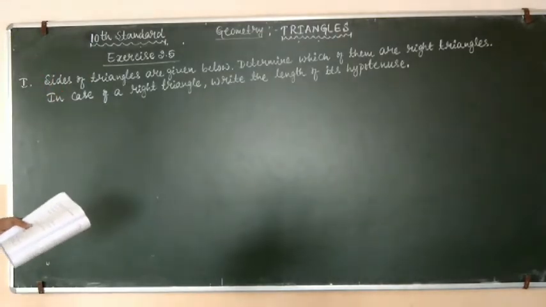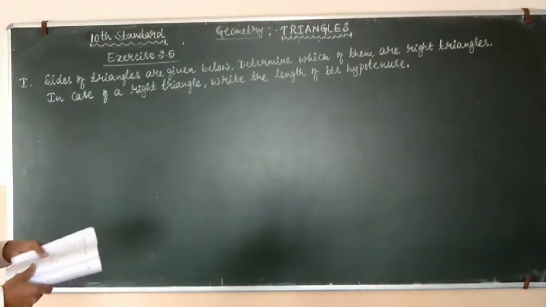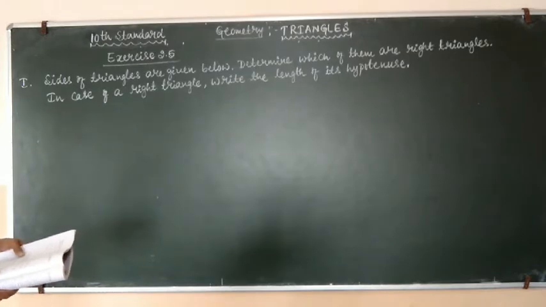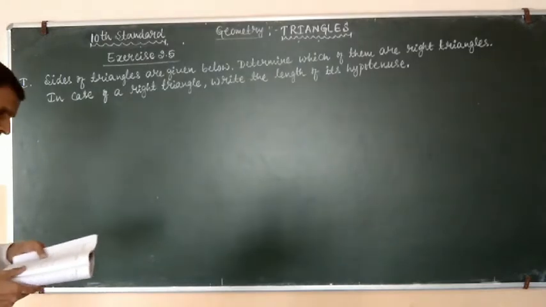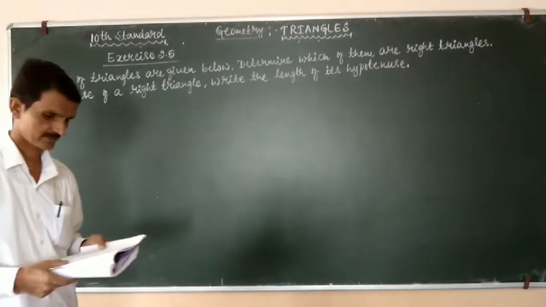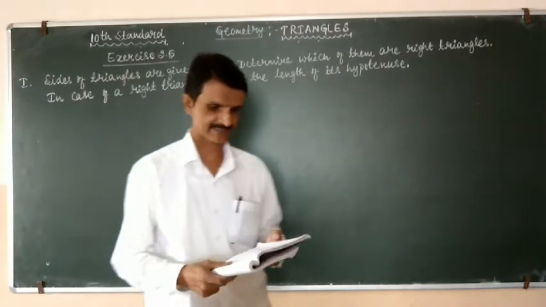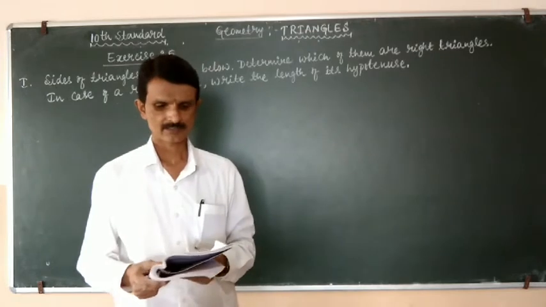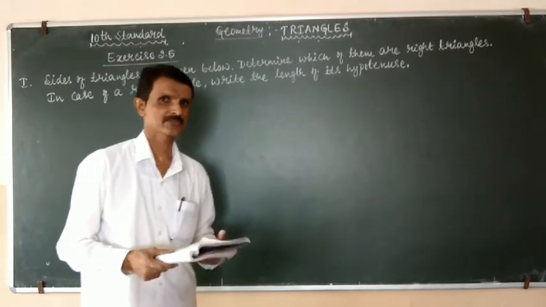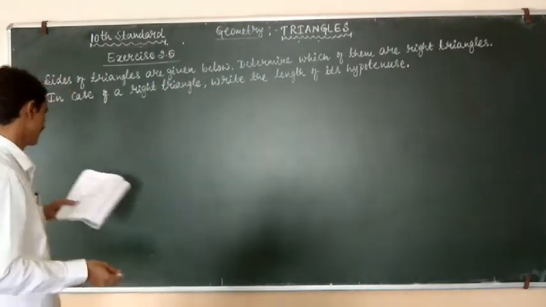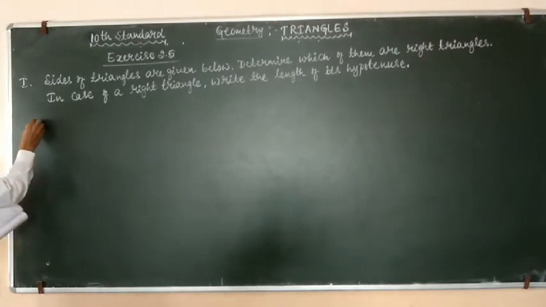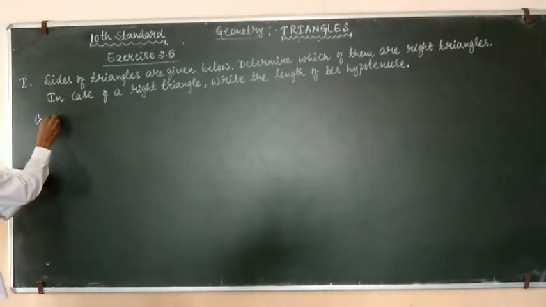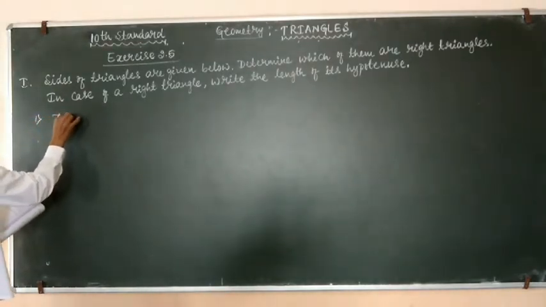Sides of triangles are given below. Determine which of them are right triangles. In case of a right triangle, write the length of its hypotenuse. So the problems are: the first one is 7 centimeter,